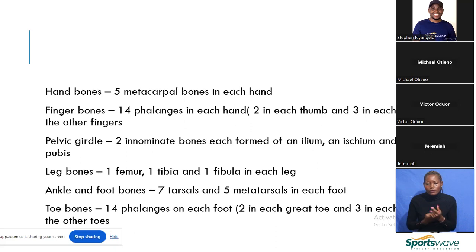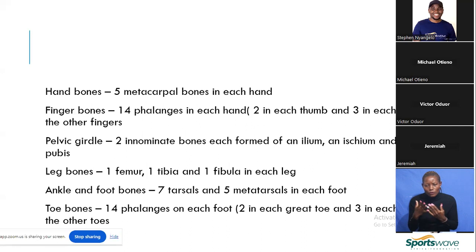Now, again, it is important to understand upper extremity and lower extremity. Upper extremity is more of manipulation, where you are doing throwing activities and all that, not so much weight bearing,